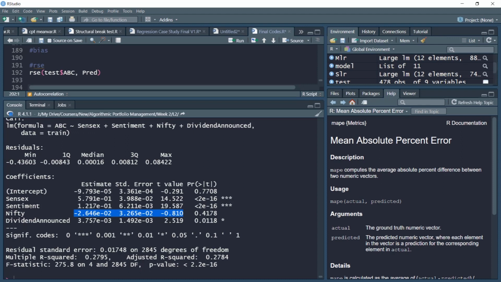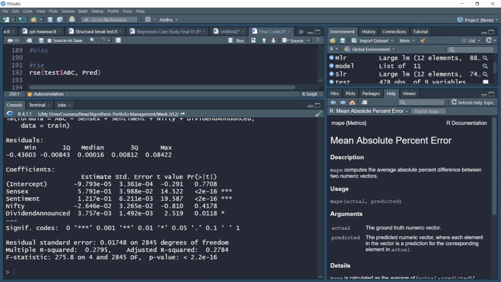We'll examine that later. Also notice that the sentiment variable is turning out to be very significant, even at the 1% level. That means 99% confidence. Dividend announce is also significant, at 95% confidence or 5% significance level, as we can see from the significance codes. So dividend announce is also very significant. Notice that the adjusted R-square, the power of the model, is very high compared to the around 10% that we saw with the simple linear regression model. This is because a number of significant variables have been added. So the overall power of the model to explain the variation in returns has increased considerably, to around 27.84%.